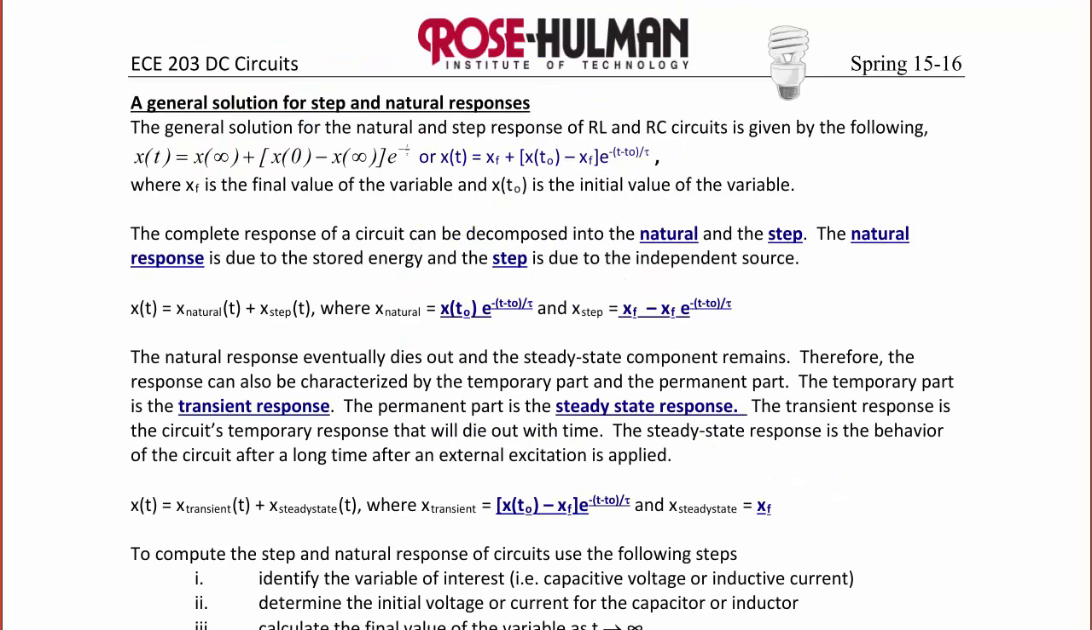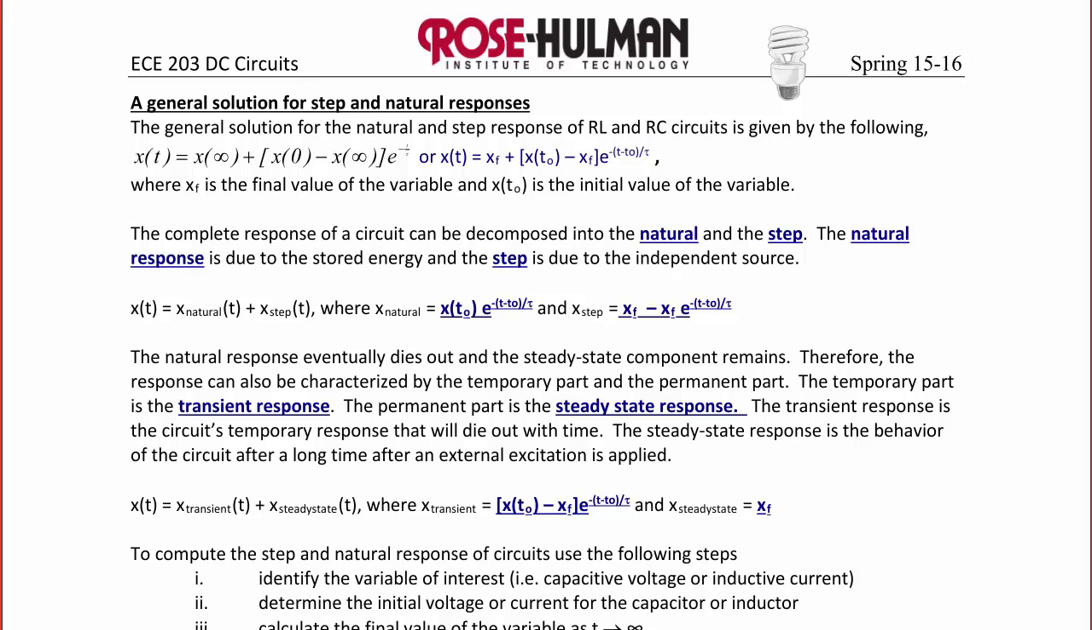So now that we have talked about how to find the step response and natural response for RC and RL circuits, let's talk about a general solution. A general solution for both of these types of circuits is given by the following. X of t is equal to x of infinity plus x of 0 minus x of infinity e to the negative t over tau. Or if you're starting at a time other than 0, x of t is equal to the final value of x plus x of t naught minus the final value, e to the negative t minus t naught over tau,